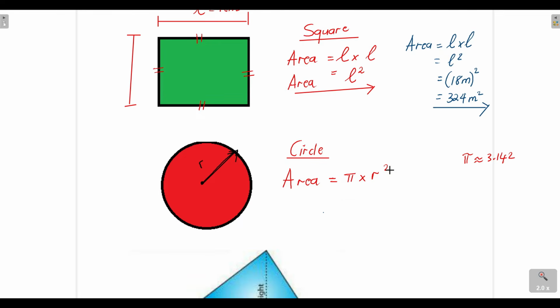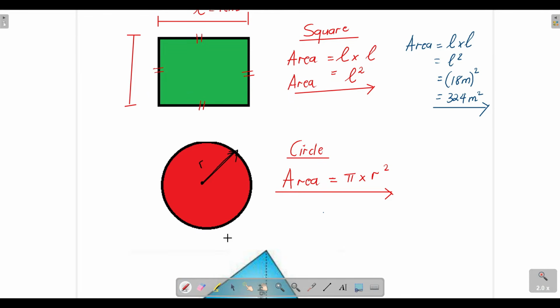Okay, but we could also just think of calculating the area of a circle in a different way. Let's say we are also given, so this is just one of the formulas that we can use to calculate the area of a circle, just to open up your minds to different ways of thinking. We can also use this formula to calculate the area of a circle if, for example, you're